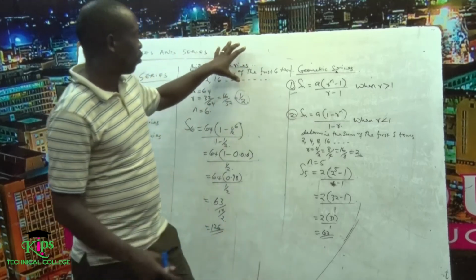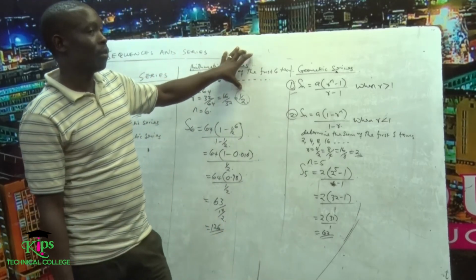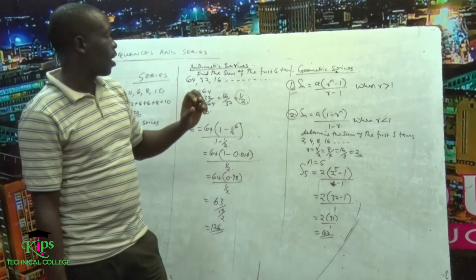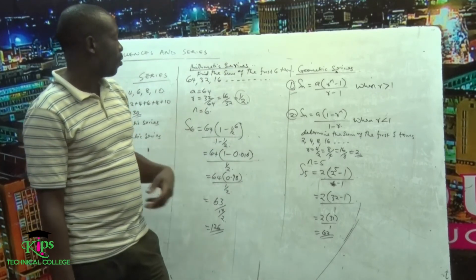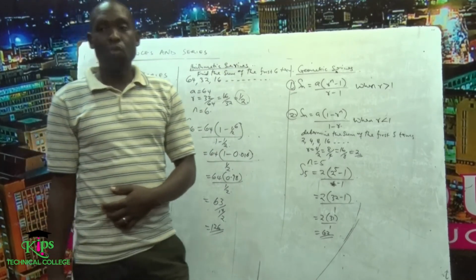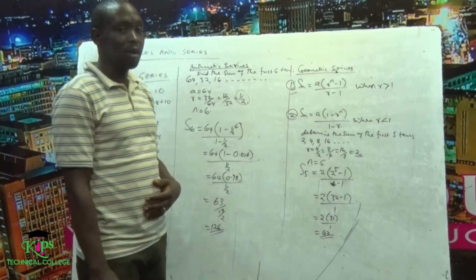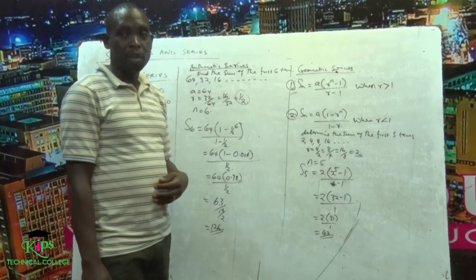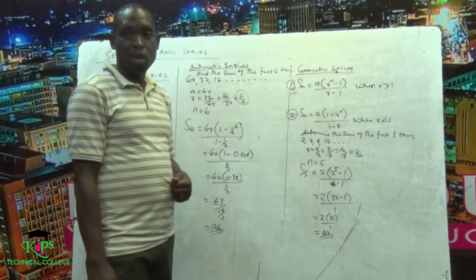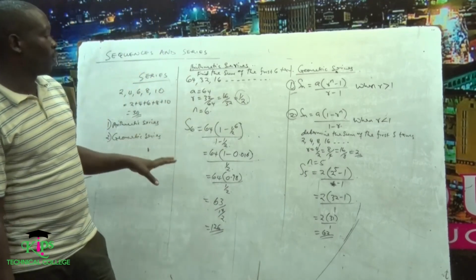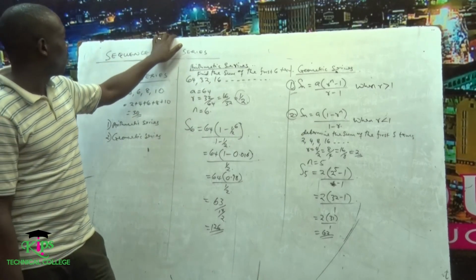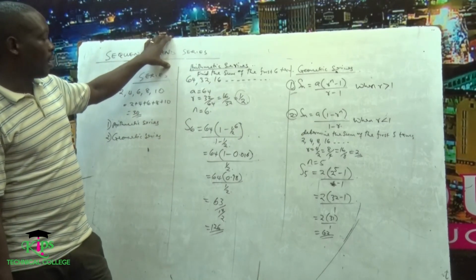So you need first of all to determine whether the sequence is geometric or arithmetic, so you can understand which formula you are going to use, so that now you can get the correct value for that particular question. I think by so doing, you can solve any question that comes in this particular topic. I want to stop there